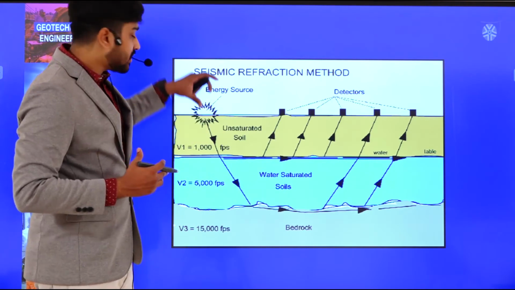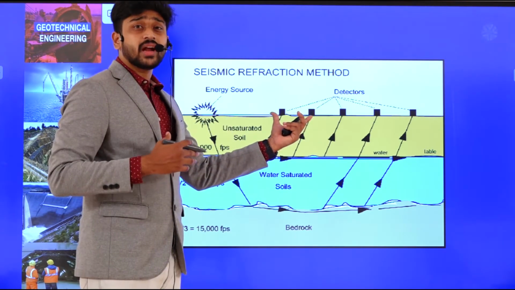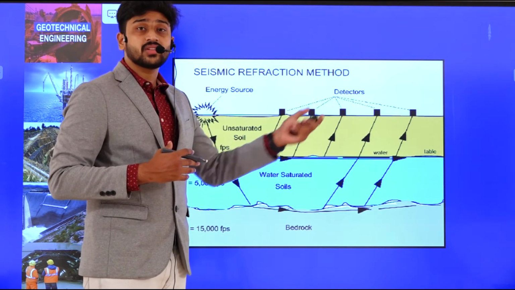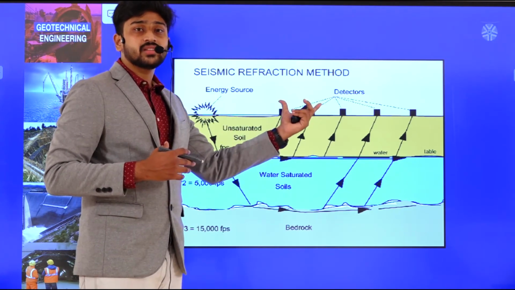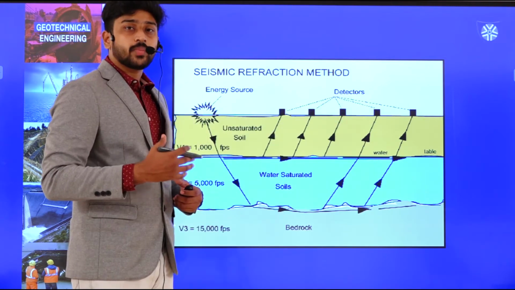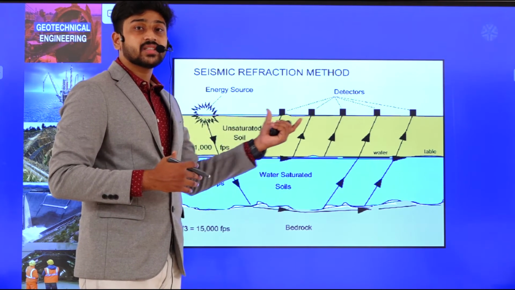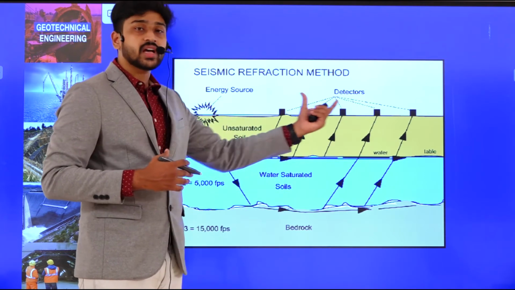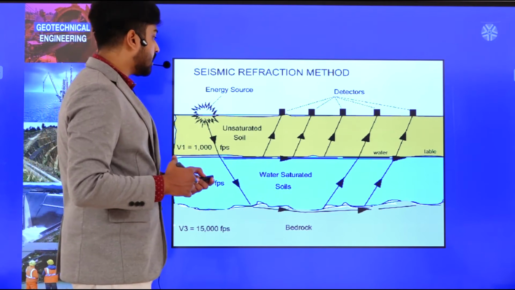So what is happening is, once the source releases some amount of energy wave, that is recorded at certain known distances where the detectors are placed. The wave sent through the source is recorded at these detectors placed at a known distance. Depending upon this, we may obtain results at different lengths or at different areas. By placing these detectors we can obtain the soil type just by placing the source as well as the detector. Clear? We will try to understand more in detail now.